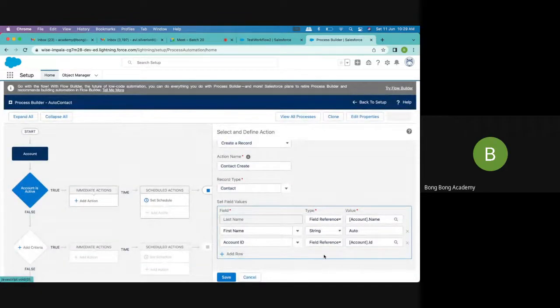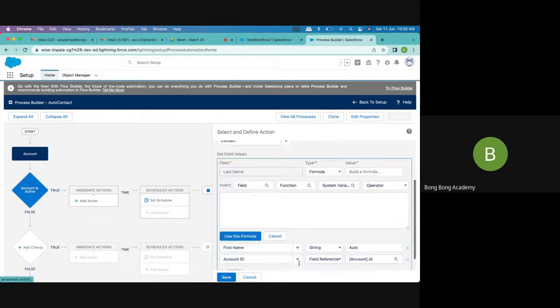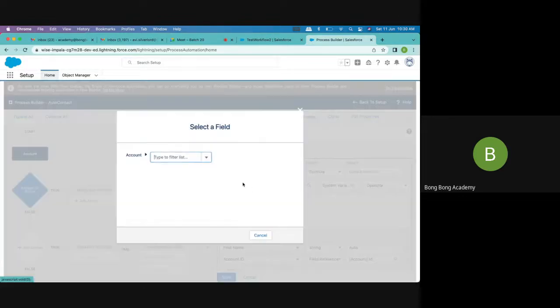Clear? Any confusion here? So I'm creating a new contact with first name, last name, and account ID. Let's make this a little complicated. Let's make it a formula field now, so that I can put two things. One is I am trying to put the name field,